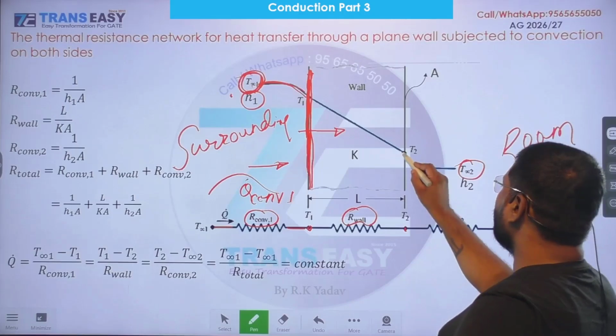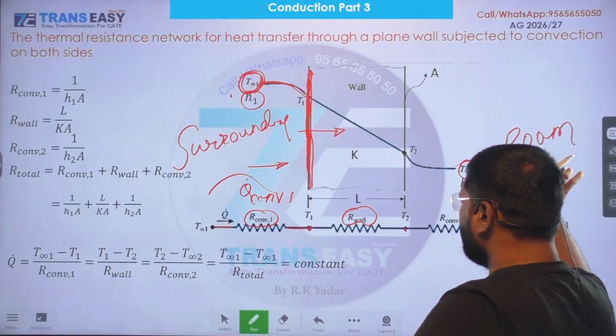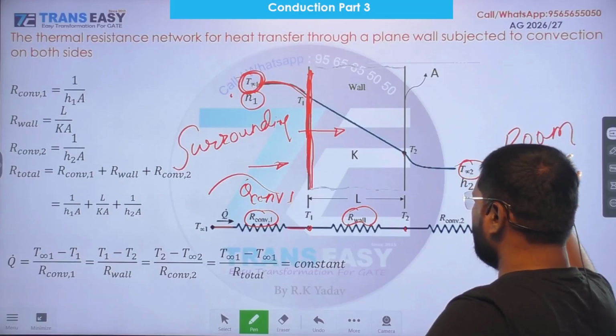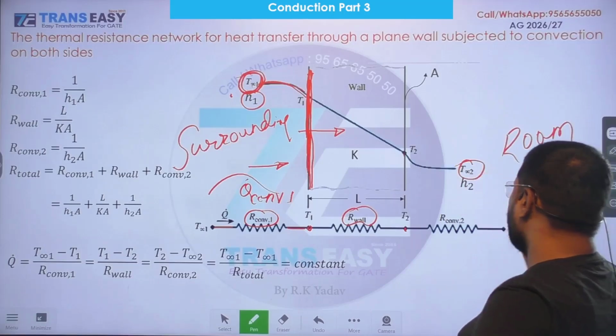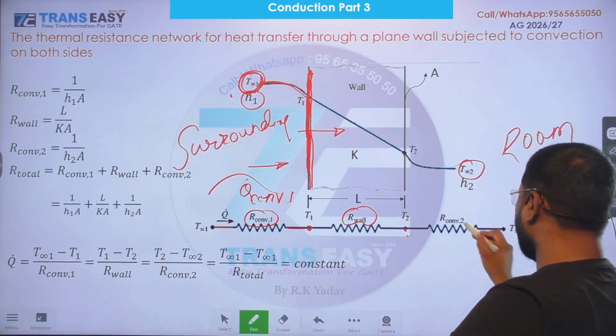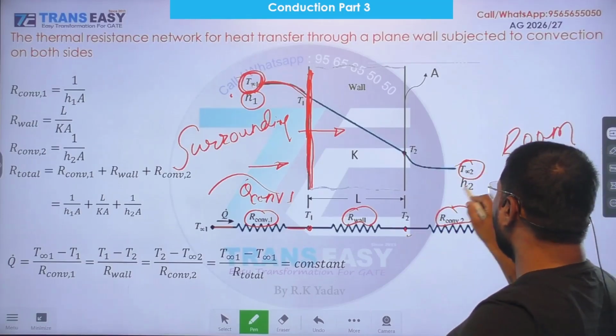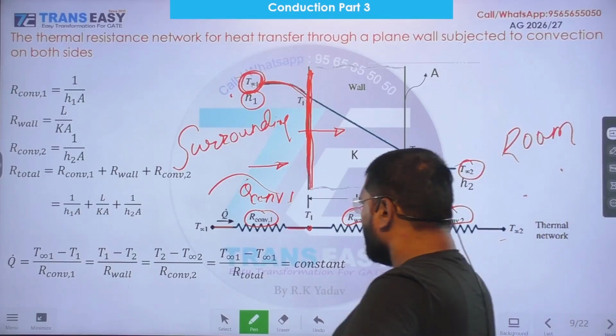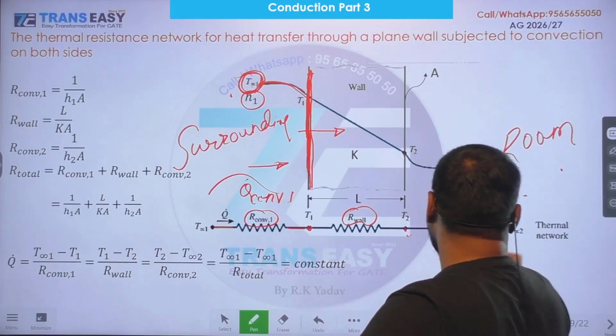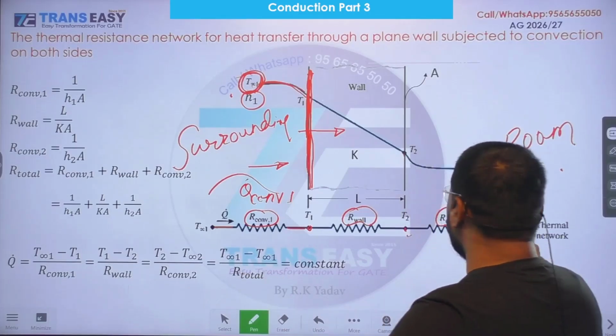And from this face to this side surrounding, again we have convective resistance between T2 to T infinity 2. Convective 2 resistance. Its value 1 upon H2A. Right. So from T infinity 1 to T infinity 2,